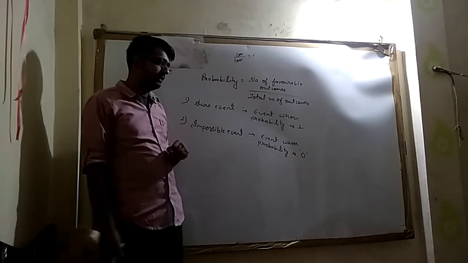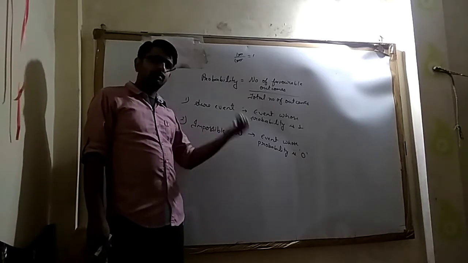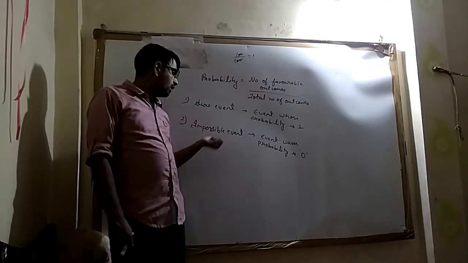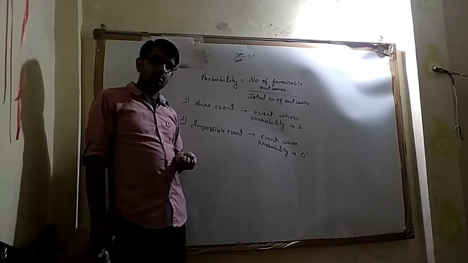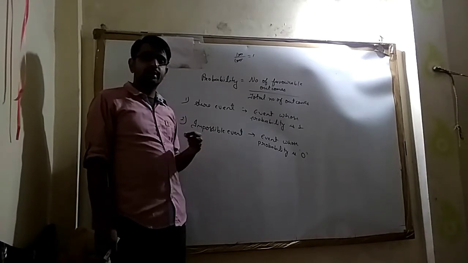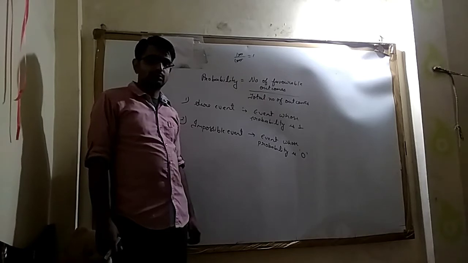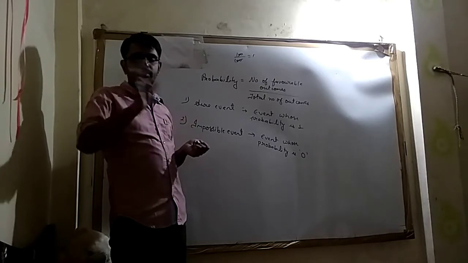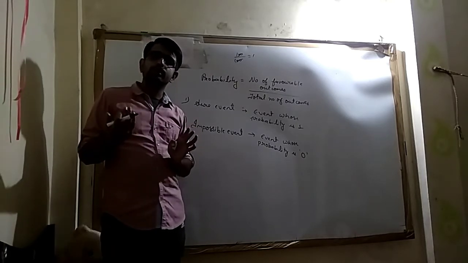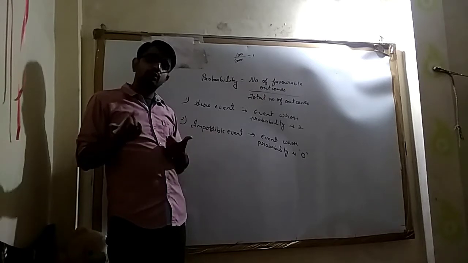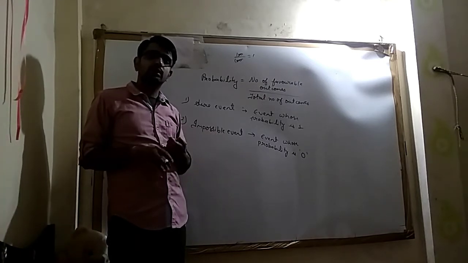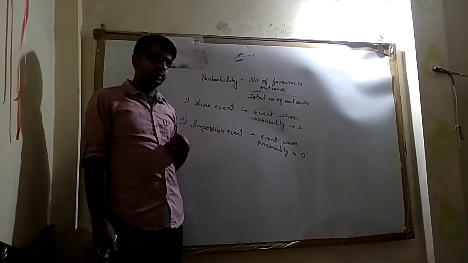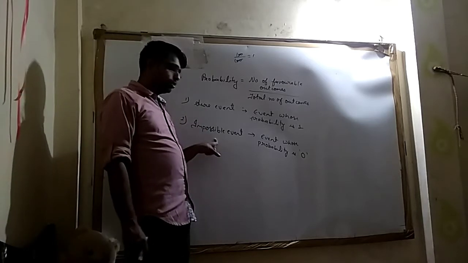For example of sure event, you people are in 10th class. So what is the probability that you are in 10th class? You are in 10th class, that is a sure event. Impossible event: what is the probability that you people will go to 9th class? Since you are in 10th, you are not going to be demoted, you will be promoted. After passing 10th, you will go to 11th. So the probability of your going to 9th class after passing 10th class is 0. So such an event is an impossible event. Okay, so these are two things.